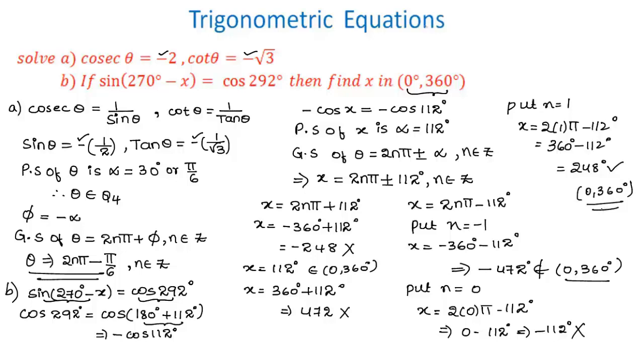So therefore the values of x are 112 degrees and the next value of x is 248 degrees. So the value x equal to 112 degrees and x equal to 248 degrees are the values of x which lie between 0 degrees, 360 degrees. So this is how we solve different types of examples using the formulas to find the general solution of trigonometric equations. Hope you understood the